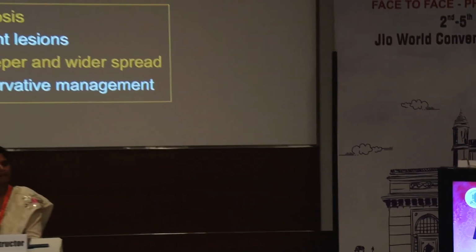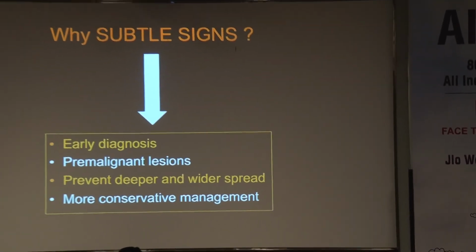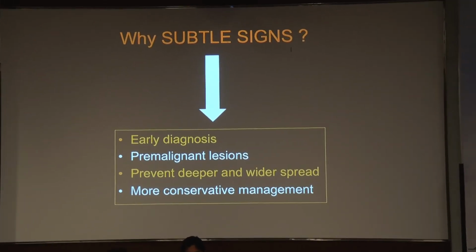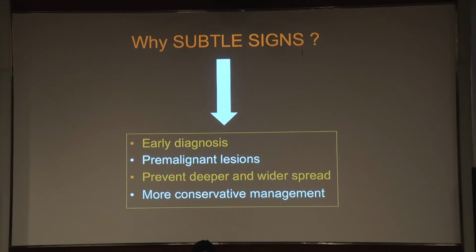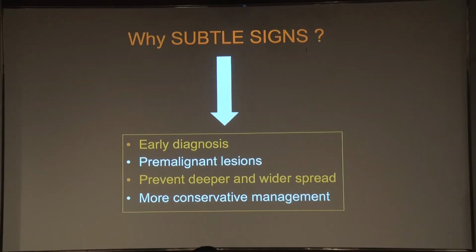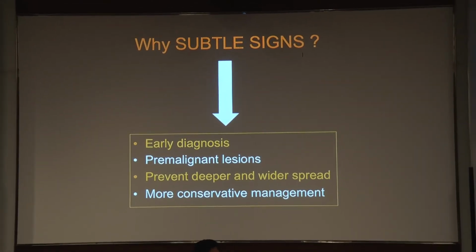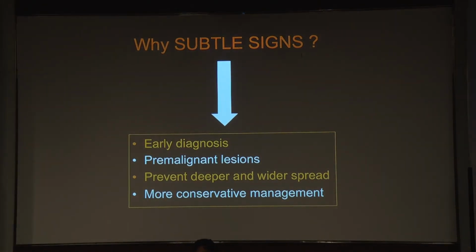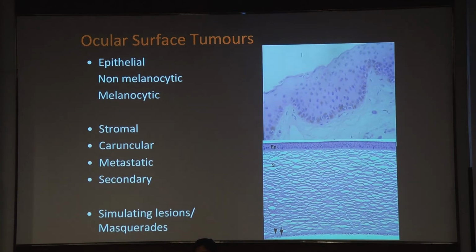Also, subtle signs are important because instead of just labeling something as, oh, it could be a pterygium, it allows you to think, okay, it could be something else, before the patient moves around to 10 places and comes back at a stage where it's beyond repair. So, ocular surface tumors are broadly classified into epithelial, stromal, caruncular, metastatic, secondary, which are further classified into